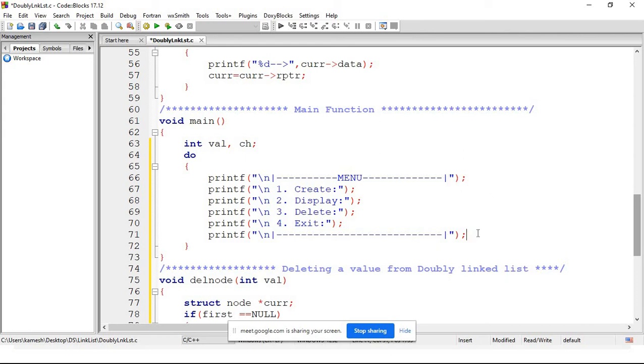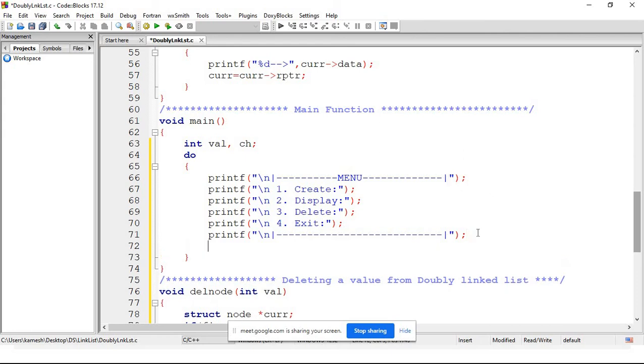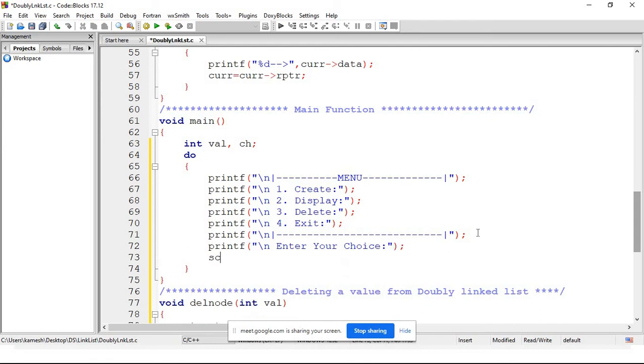Now once we are showing a menu to the user, the next task is we just have to take the user's choice. So what the user actually wants, right? So here we are giving, say, enter your choice, right?